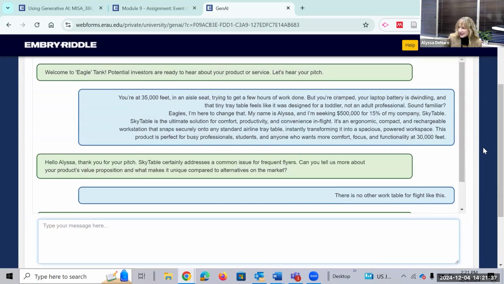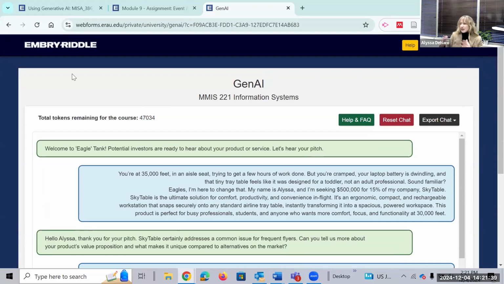One other thing I wanted to highlight is that this system is actually something that we can replicate for you if you think this is a good fit for your class. And what I mean by replicate is that if you have a specific role play scenario, or a specific use of generative AI, it doesn't have to be a role play scenario, but something that you think would be a good fit for your class that aligns with the learning outcomes, and you want it to be really limited.